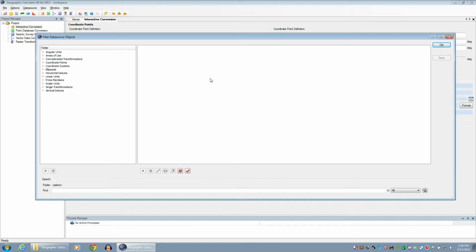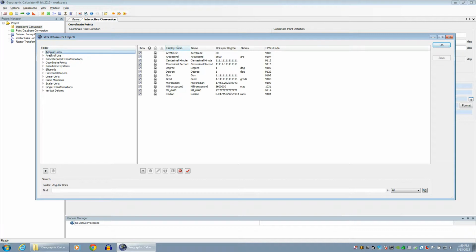We see different folders when we come into this view. On the left-hand side of the panel, you're going to see folders of all the different distinct types of geodetic parameter objects. So we have everything from angular and linear units to horizontal datums, transformations, and coordinate systems, all right in this one master dialog. This is primarily going to be used for simply turning things on or off. So the example I very commonly use is angular units for this. So when we click on angular units, you'll see a list of about a dozen different angular units that we can select